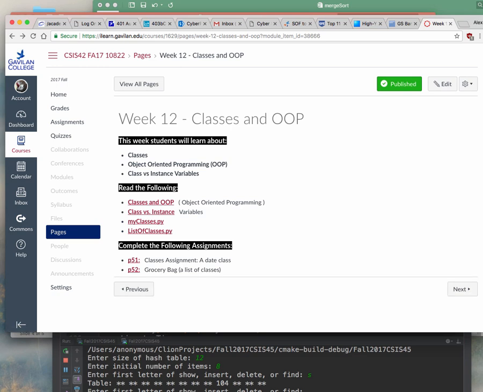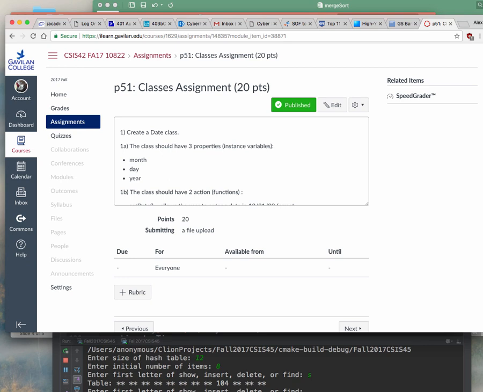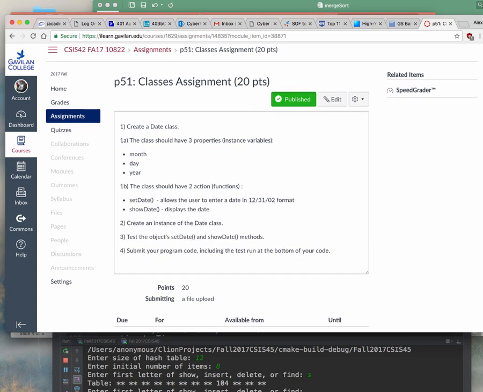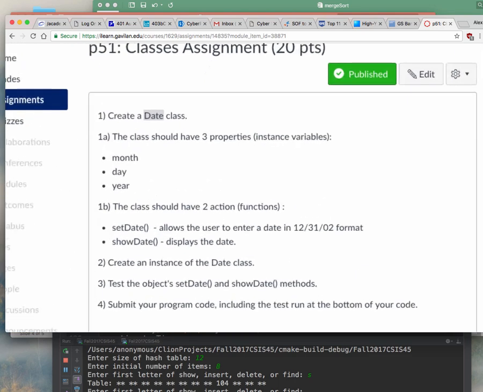tell you. So to go with this, we have a classes assignment, which is you're supposed to create a date class, right? So using all these different examples, I gave you like 6 different examples of classes. You're supposed to create a date class, so the name of the class is going to be date, right?